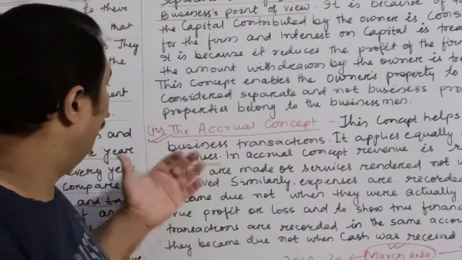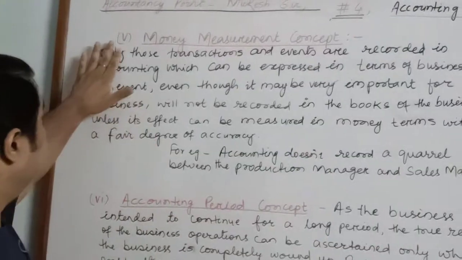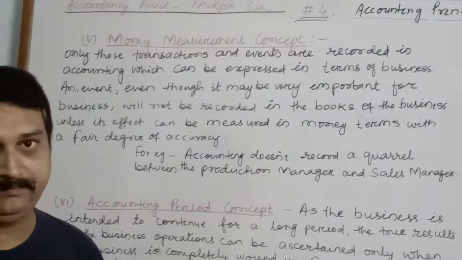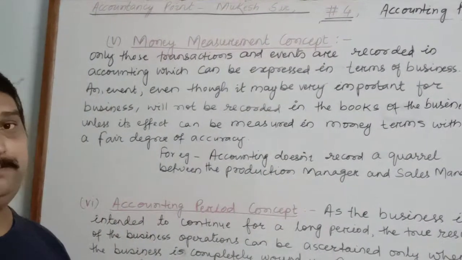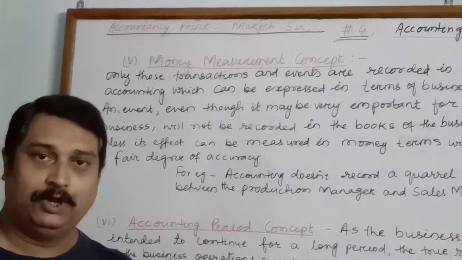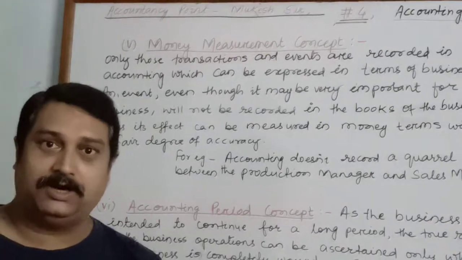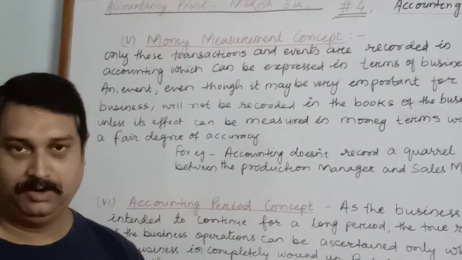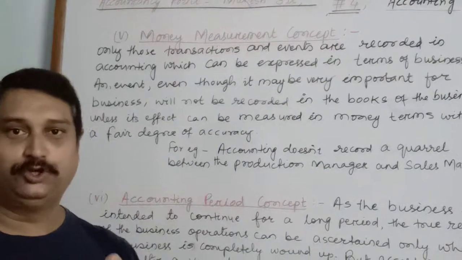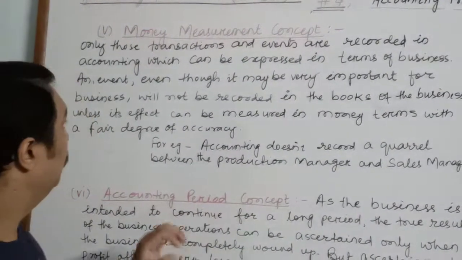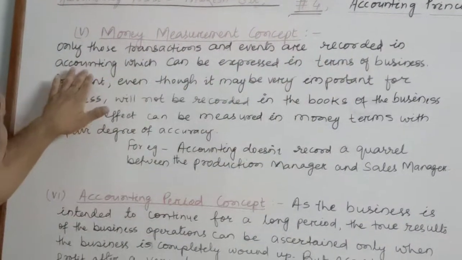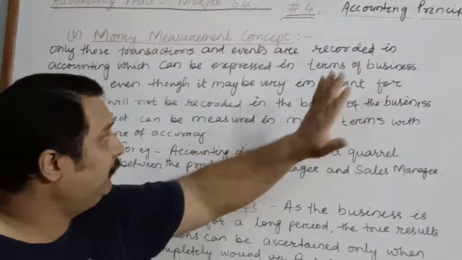Now we will go with another concept. This is accounting concept number 5, which is the money measurement concept. Children, according to this concept, only those transactions will be recorded in the books of accounts which can be measured in terms of money. We must remember that money is a unit which is used to record business transactions. So only those transactions and events are recorded in accounting which can be expressed in terms of money,